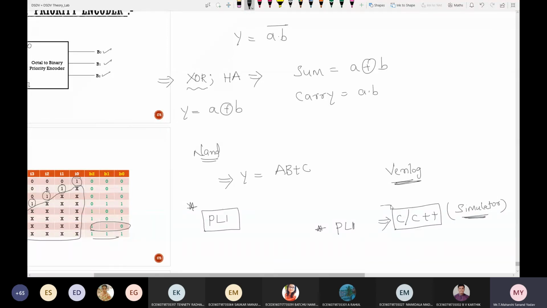If that particular line is encountered, it is called by using a dollar statement, like system calls. For example, if there is some C++ program, I'll take some random function.